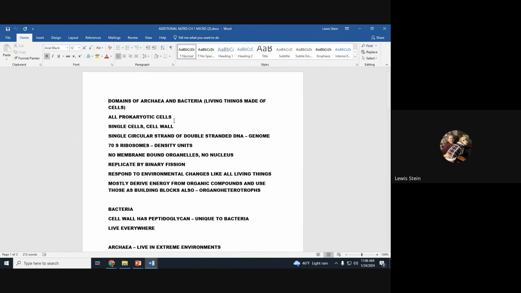Karyon is a kernel or a core, whatever word you want to use. Back in the day, if you looked in your biotext, and I'm sure they had it in AP1, they had diagrams of chromosomes, particularly if you're studying trisomy, and you will, like trisomy 21 for Down syndrome. That was called a karyotype. We couldn't do molecular analysis, but we could do physical analysis. We could basically map out the appearance of the chromosomes and see if a piece was missing, if there was an extra one or something like that. Okay, it was called karyotyping because we were looking at the chromosomes, which is how it derives its word.